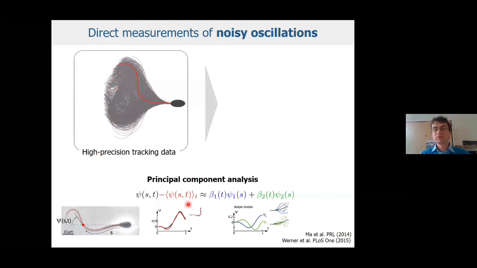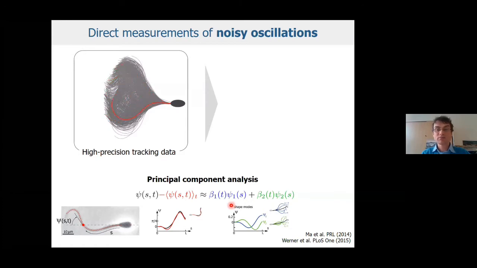We can subtract the time average, which characterizes the mean shape of the flagellum. We are not interested in this now. We are only interested in the dynamic part, and then we can ask, can we represent this dynamic part of the flagellar bending waves by just a minimal set of numbers? And some of you may know the dimensionality reduction technique of principal component analysis. So essentially we ask,